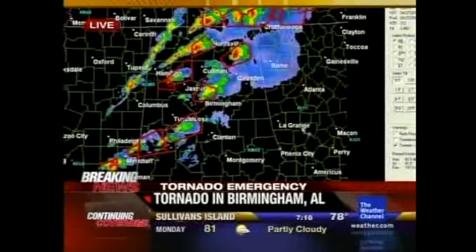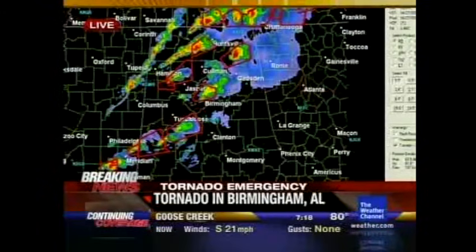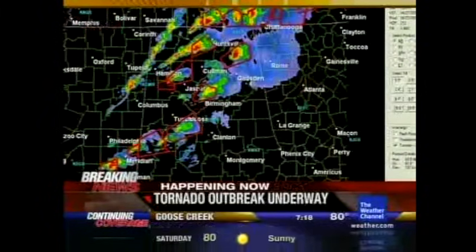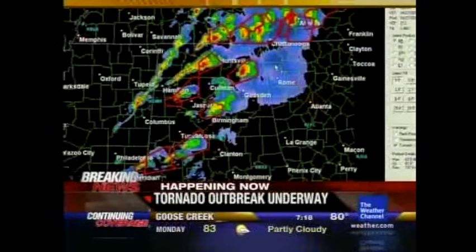So at the rate that these are going, we're probably talking, let me see, how far away is this? It's about 115 miles or so from the Atlanta area. So probably that's going to be maybe about 3 hours yet, I would guess, before it comes into the Atlanta metro area per se. But the first of the storms are going to go up into areas north of Rome, Georgia. The Rome, Georgia area, and areas northwest of Rome, will be the first areas that get hit as these storms roll out of Alabama